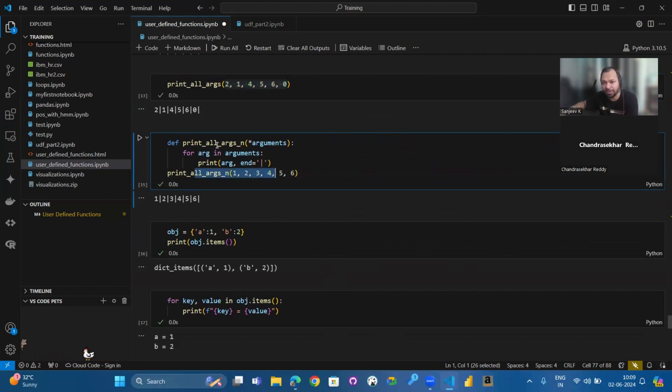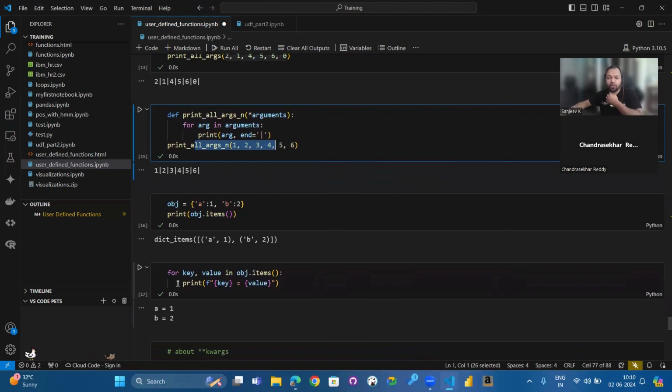But given a case that each of the arguments is of a different data type, how would you know how to handle those data types within the function? Again, that will be too complicated. So that's why I said we don't use this. But given a case when you're trying to build some libraries where you expect users to send all data frames or all lists, in those cases you can probably go and use this args and kwargs.